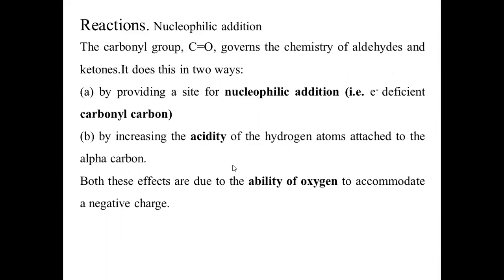Basically, this carbonyl group, that is C double bond O, is composed of carbon and oxygen, out of which oxygen is much more electronegative as compared to carbon. So it will always try to attract electron pairs towards itself, and hence the oxygen of the carbonyl group is always partially negatively charged, and the carbonyl carbon is always partially positively charged. And we know that a nucleophile means an electron rich species. So these nucleophiles are always going to attack the carbonyl carbon, which is electron deficient in nature.